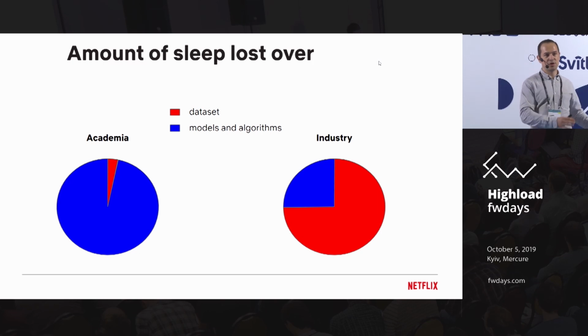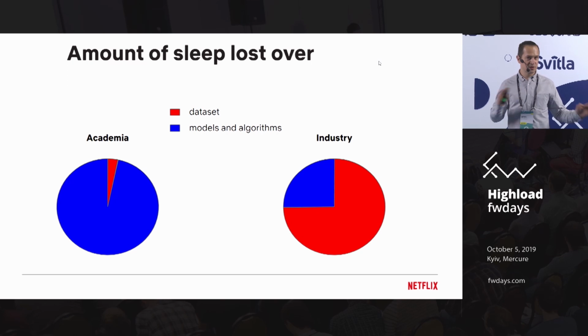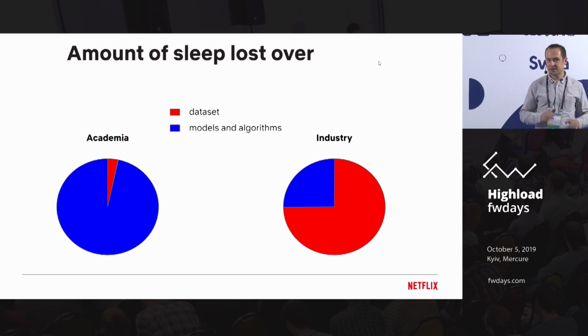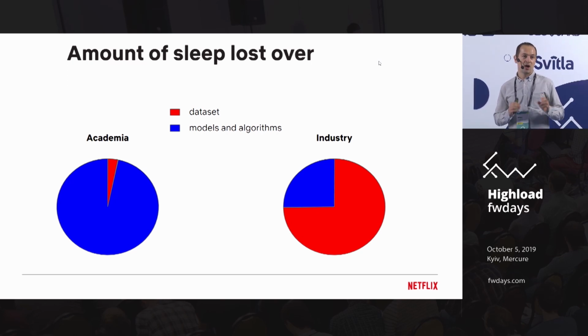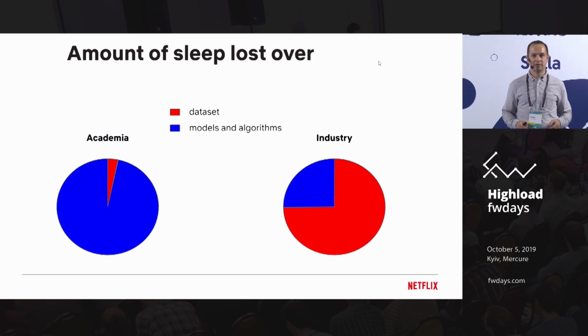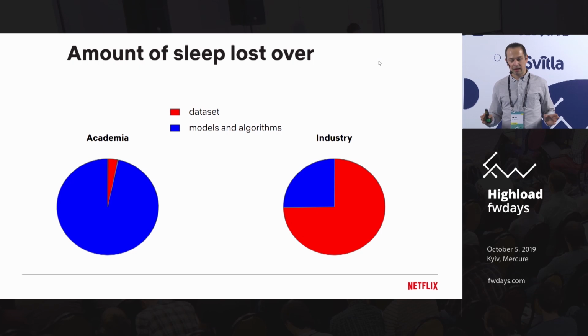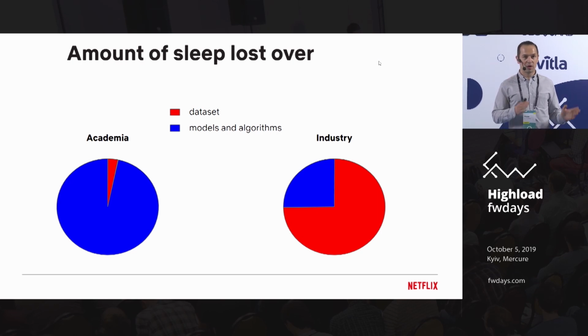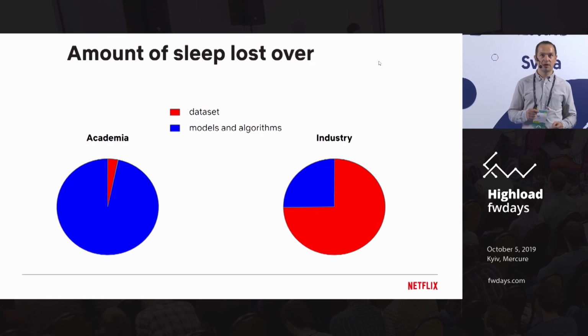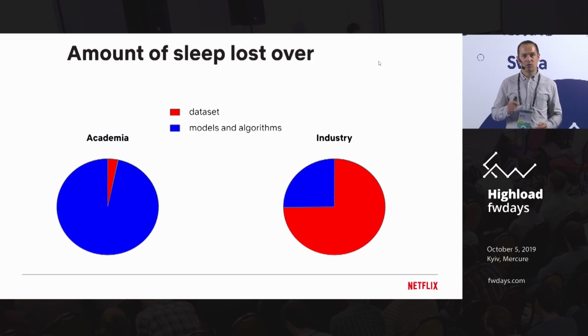When you're in university, when you're doing a PhD, it's all about new algorithm. It's all about new statistical model, new neural net, something like that. You get your data set from, I don't know, MNIST, maybe something on YouTube, something open sourced. And finally, when you move to the industry, you realize it's a completely different world. Almost any algorithm can work okay if you have enough data, if your data is okay. To be specific, it's really hard to beat random forest.